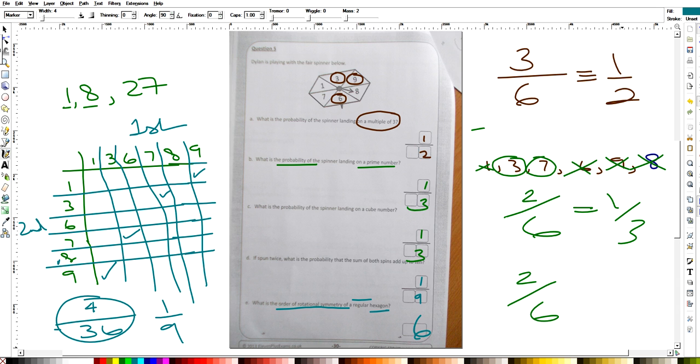How come this is marked wrong then? I don't know. I got 6 on it. Okay. So then